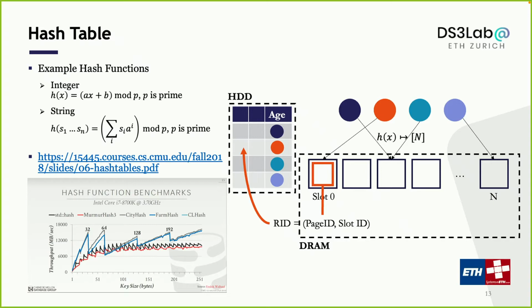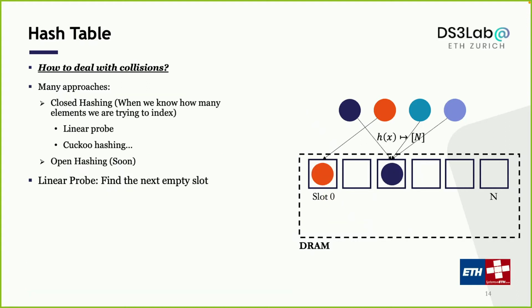In this course, we are not going to go deep into different hash functions. For now, just imagine we have a magical hash function that, given objects, has very good randomness. It randomly picks a slot, deterministically, but random in distribution, to map that object to a slot. You can think of that hash function as something as simple as the first one: you have an integer, you do an affine transformation, then you mod p. So what we are going to cover more is how to deal with the cases where two different objects